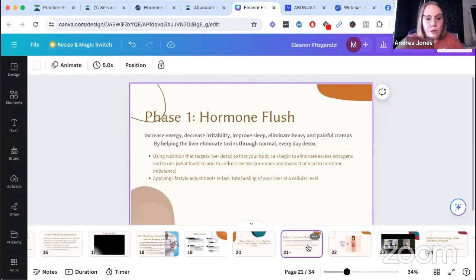How we do this is we use very specific nutrients that are targeting those 3 phases of liver detoxification. I actually had somebody reach out to me today and say, hey, what do you think about DIM? I heard that it was great for estrogen detox, and that is true. However, it's only great for about one of the liver detoxification pathways. So if you take it and you're still having a lot of excess estrogen symptoms like breast tenderness, fatigue, cramping, heavy, painful periods, then more than likely it's one of the other 2 detox pathways that also needs to be